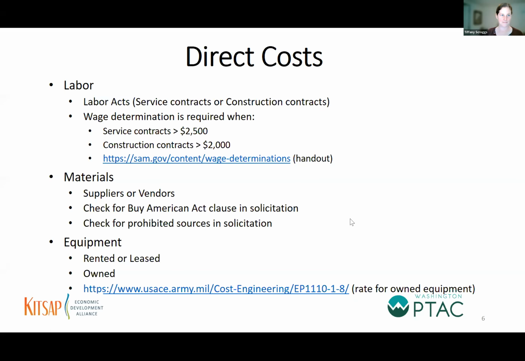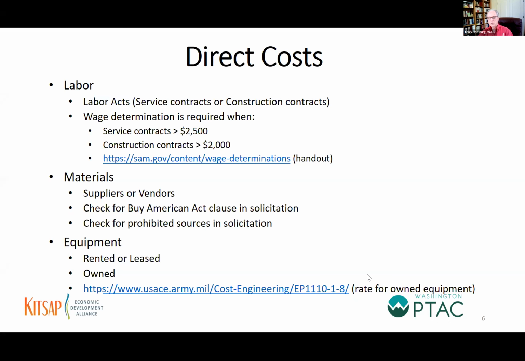You got it. Okay, so under direct costs, you'll see on that screen that there is labor, materials, and equipment. So let's start out with labor. The labor acts may apply. So this is something that you need to look for in your solicitation. If the requirement is for a service like grounds maintenance or janitorial, providing a service, the Service Contract Act